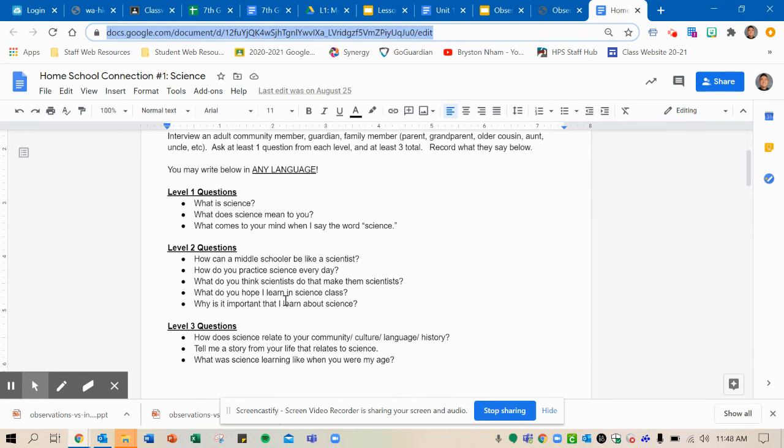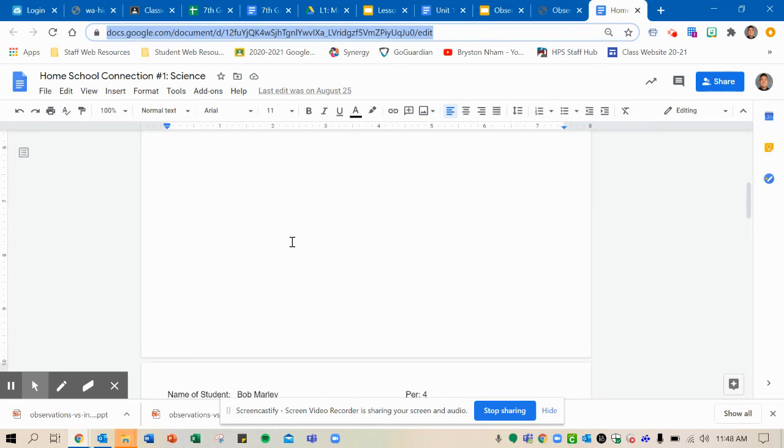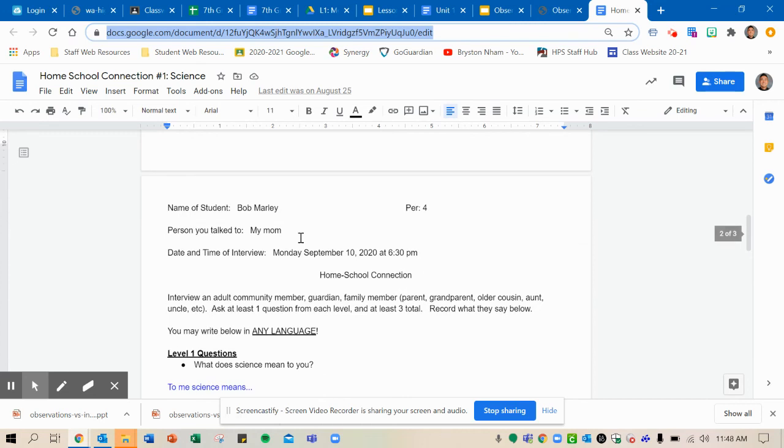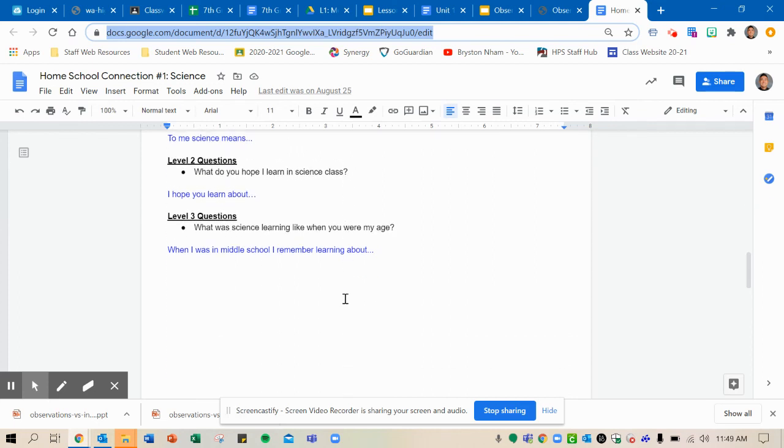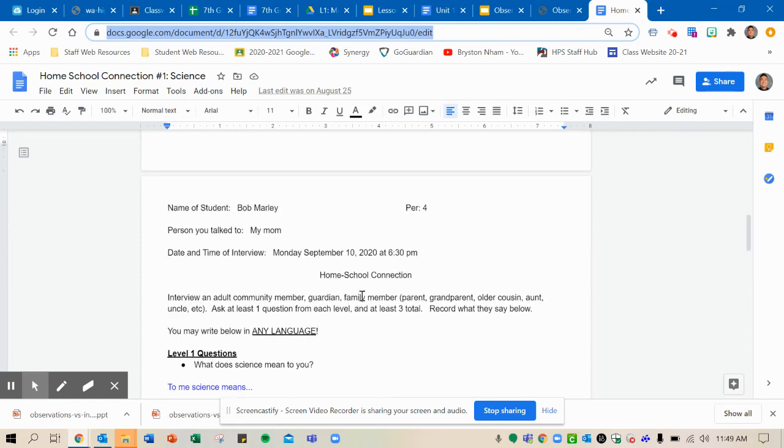Okay. So there's 3 different levels of questions. There's level 1, level 2, and level 3. All right. And what you're going to do on the second page, as you can see, an example, the student that Mr. Murphy put on here was Bob Marley. So this is an example of how you would fill this in. Okay. So for the level 1, 2, and 3, you are just going to pick one question from each level, and just answer those questions. Okay. Once you have completed those answers, please write in complete sentences, submit it, and then you are done for